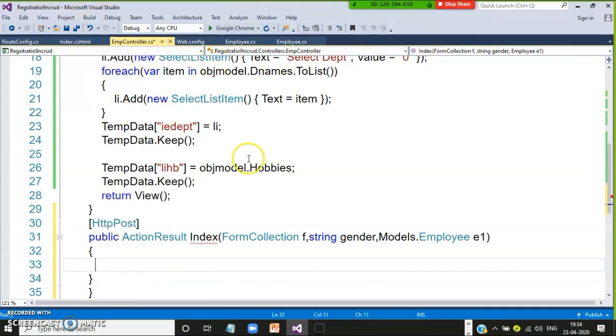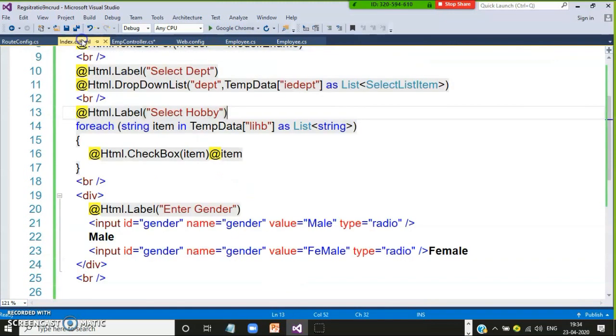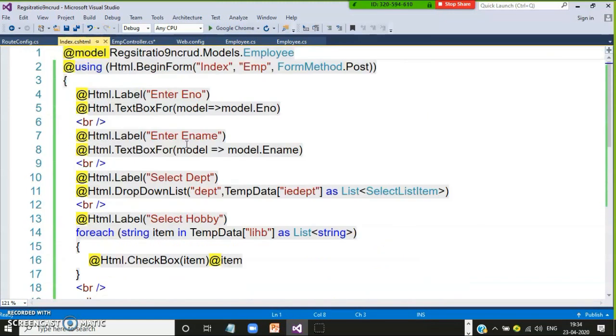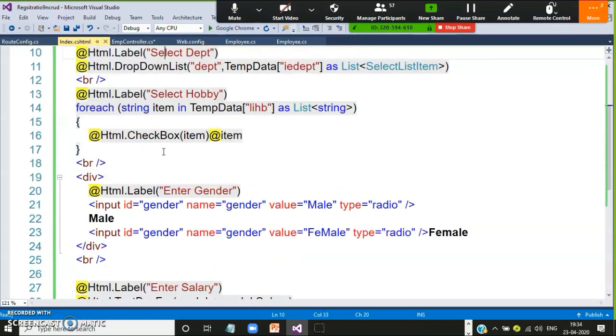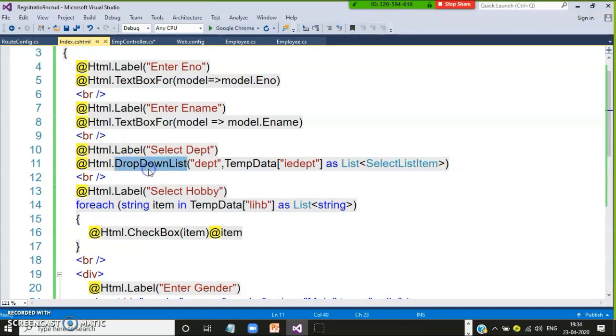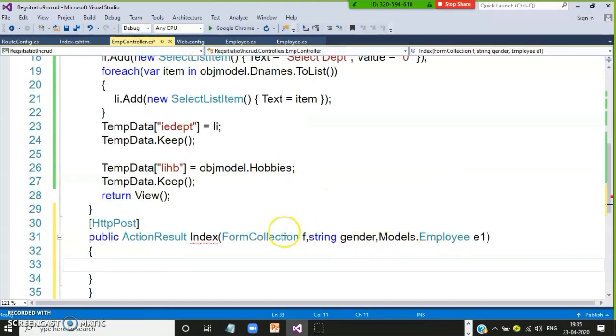Whenever the user clicks on the save button, in index.cshtml wherever you have written text box for of, only there is data binding applied. Where you have not written for of, just gender, just checkbox, just drop down list, data binding is not applied. So for the drop down list, gender and checkbox, you have to use form collection.